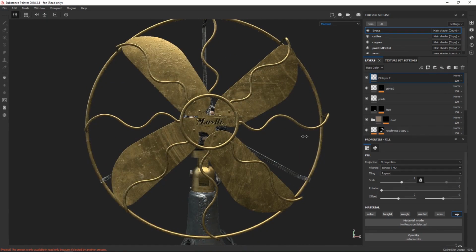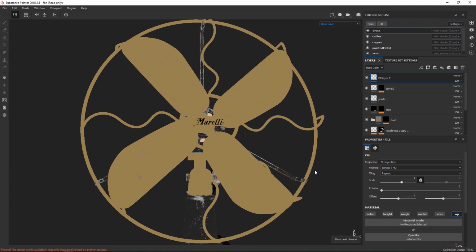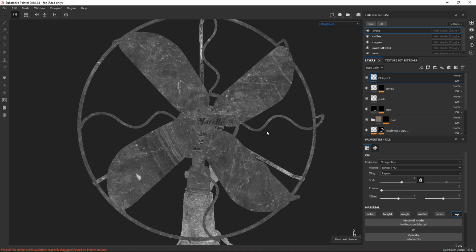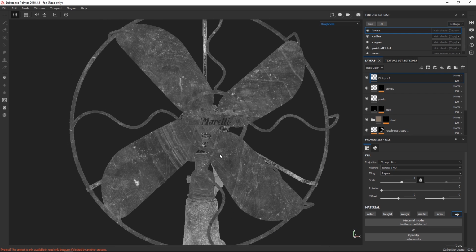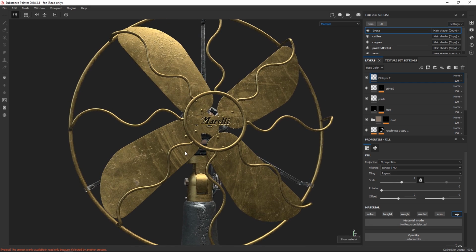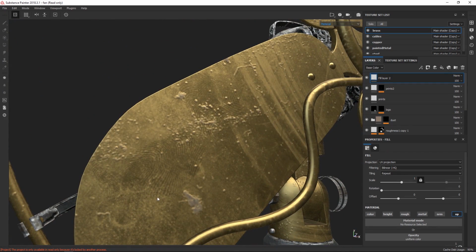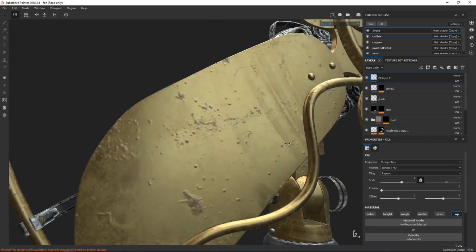Next up, let's look at what actually makes this here interesting. When we're looking at the fan, you see there is a lot of variation in here, but it's not in color. So where is it? It's hiding. It's in height, it's in roughness. Roughness is one of the most interesting channels and very often overlooked. Roughness essentially determines how sharp or how broad the reflections here are. You can see we have tiny little fingerprints here, and this is all roughness. You can see here, this all reacts to the lighting when we move this around.